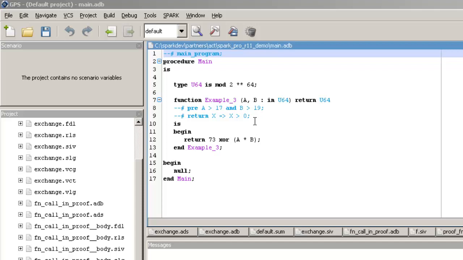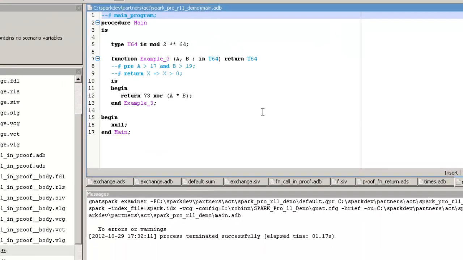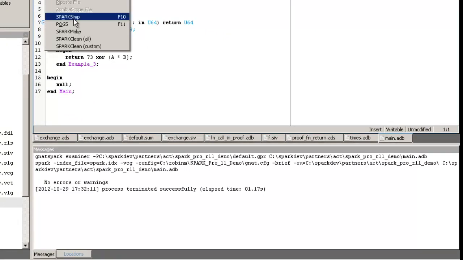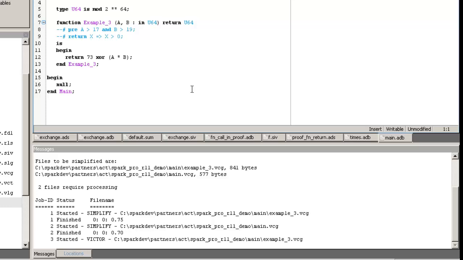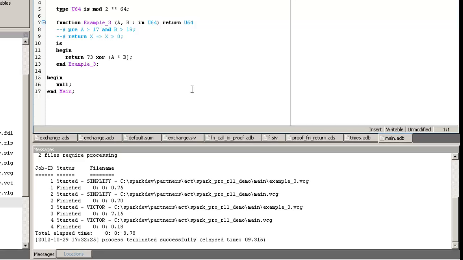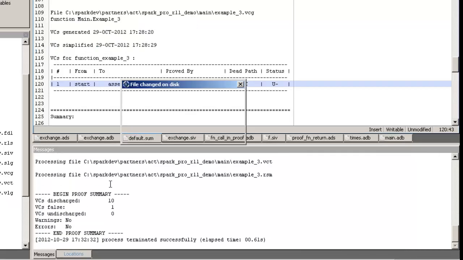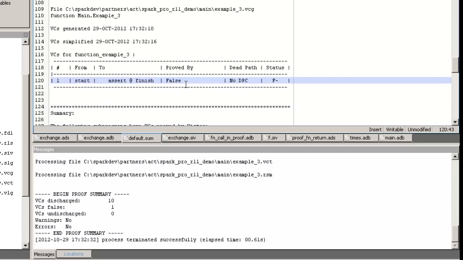So we can analyze this with the Examiner, spark examine file, and we get no errors or warnings, and then run spark simp in order to attempt to discharge the VCs. And we can see spark simp running there. It's run the simplifier and now it's running Victor, and now it's completed. And then if we run pogs to give us our proof summary, it tells us that there is one undischarged